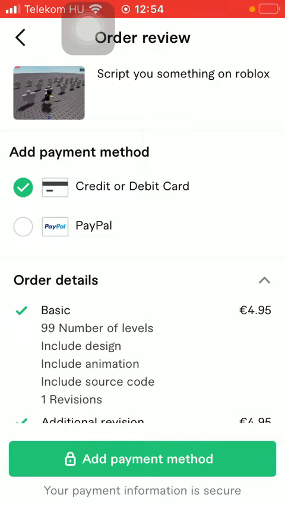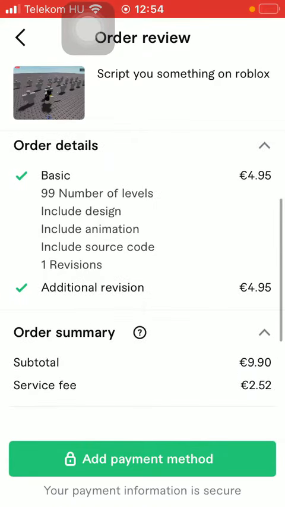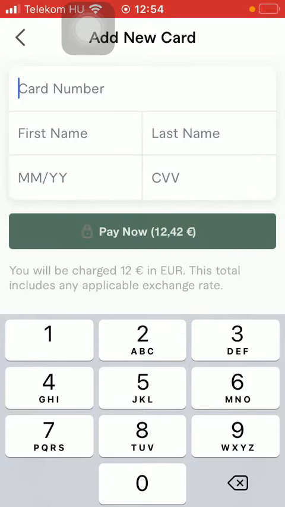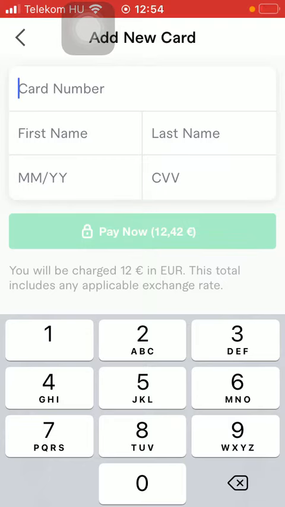Here you should select your payment method. Your order details are here and tap on the add payment method down below. Add your card number, first and last name, then your CVV number and the expiry date, and then pay for the product by tapping on the pay now button, and then you will be able to continue the process of